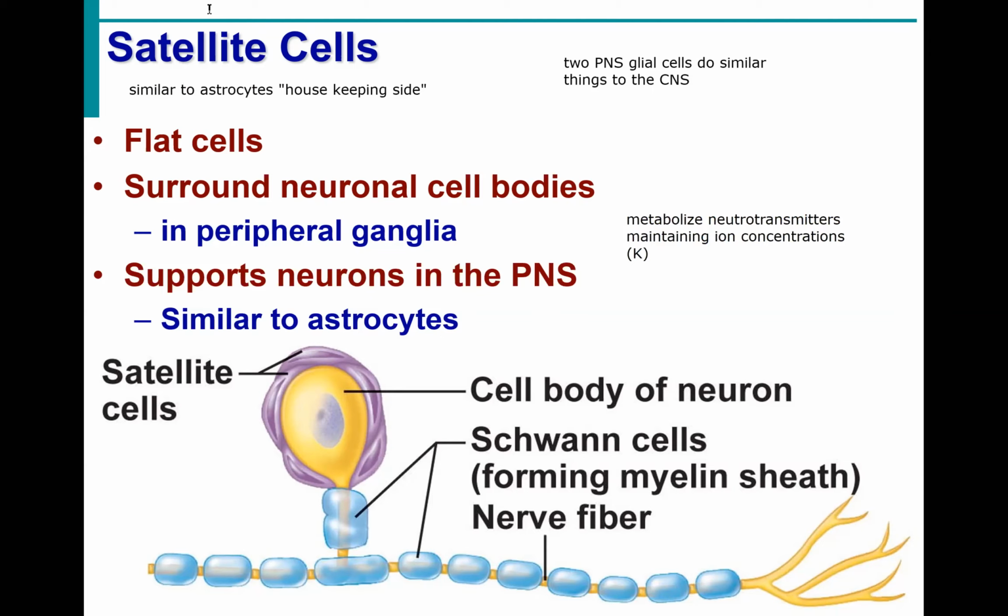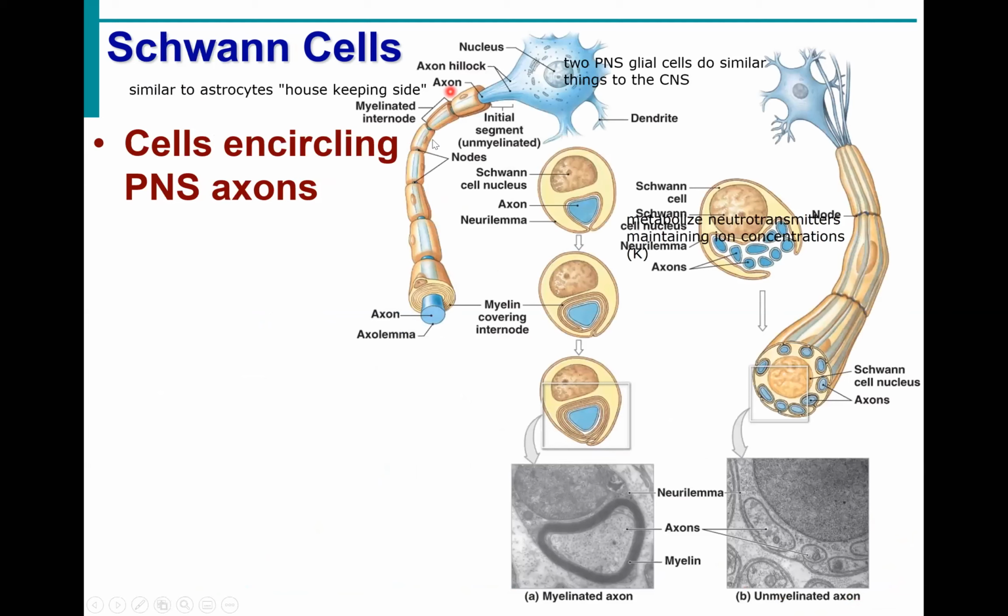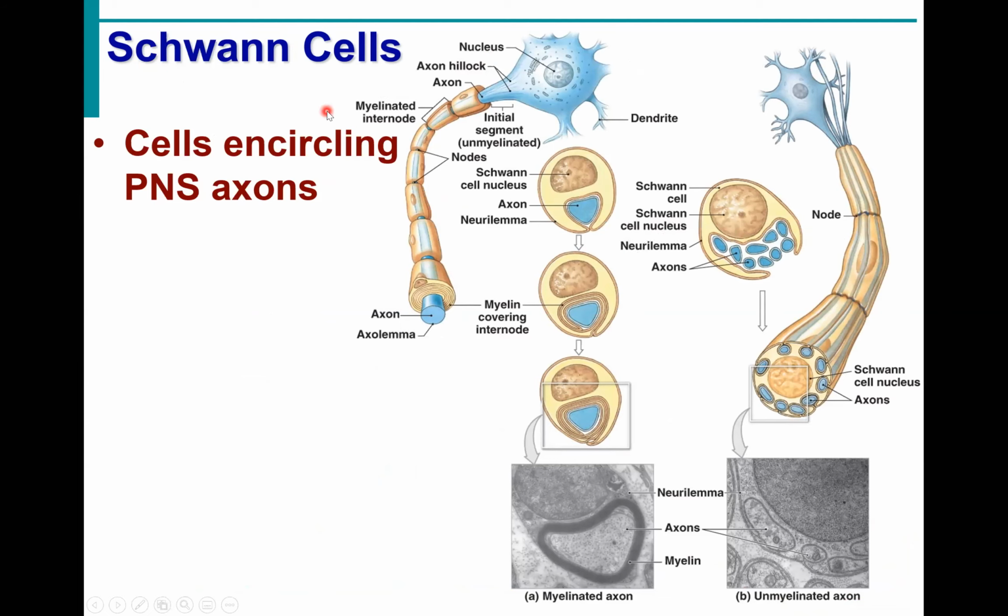Notice also here in our axon, we have some myelination of our axon as well. And it is the Schwann cells that are responsible for providing that myelination. Now, there is one big, huge difference. Both Schwann cells and oligodendrocytes produce myelin. However, remember,